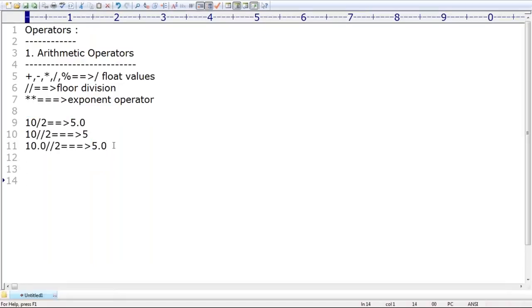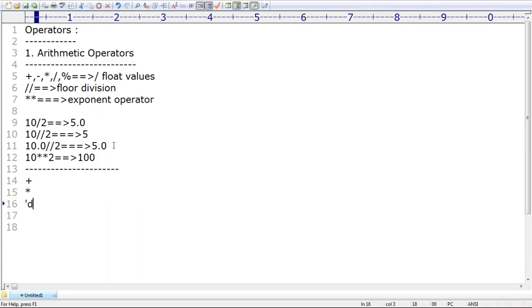That's all. Next, 10 power 2. What output do we get by default? 10 power 2 is nothing but 100. You people are aware of this. So this is what we covered. But related to this, one more thing I covered: plus and star operators are also applicable for the str type, for string type, by default.